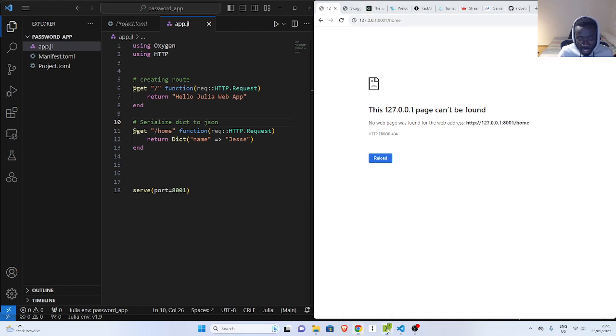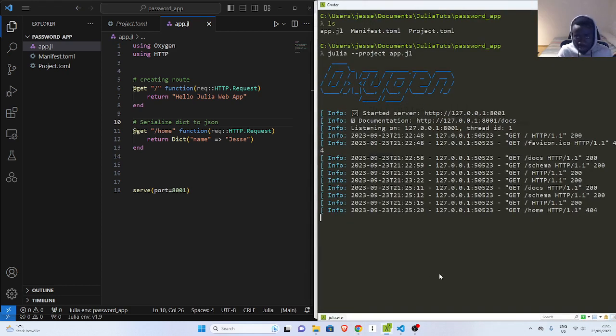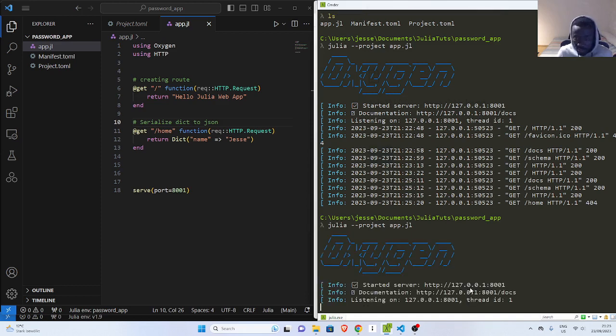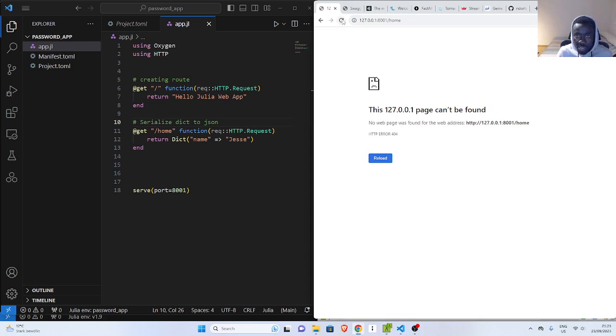So I think, if you have an idea of how to do that, you can support the project. So I have to stop it and then restart. Okay, so if I go with this option now, if everything is working well, you're going to get it here, and I can just go back here, and if I refresh,